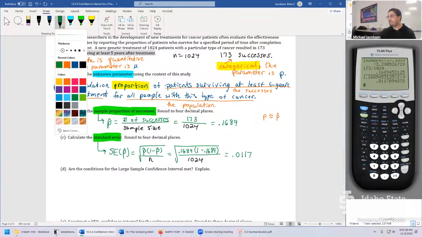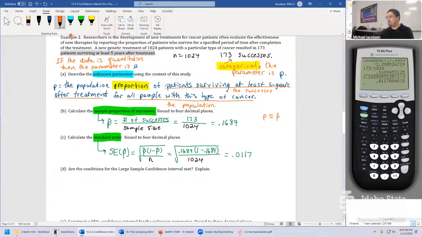For quantitative, it's kind of a nicer formula. It's kind of strange. For the standard error, we put in the statistic right here. So for categorical it's P hat, but for quantitative, the statistic is the sample mean Y bar, and it goes like this: the sample standard deviation S divided by the square root of n. So it's kind of a nice formula. It's harder for categorical using this whole thing right here, which is kind of strange. Other questions at the moment?